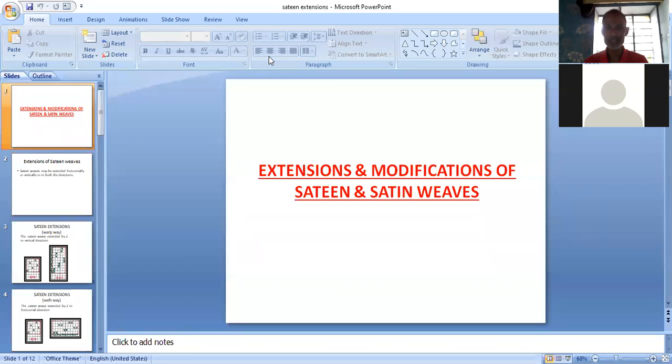And if the effects or designs are produced by modification of 13 and 13 views, then they are known as modifications of 13 and 13 views. So we will try to understand these 2, extensions as well as modifications of 13 and 13, with the help of some examples, so that you will get the knack of how we can extend and how we can modify 13 and 13 views.